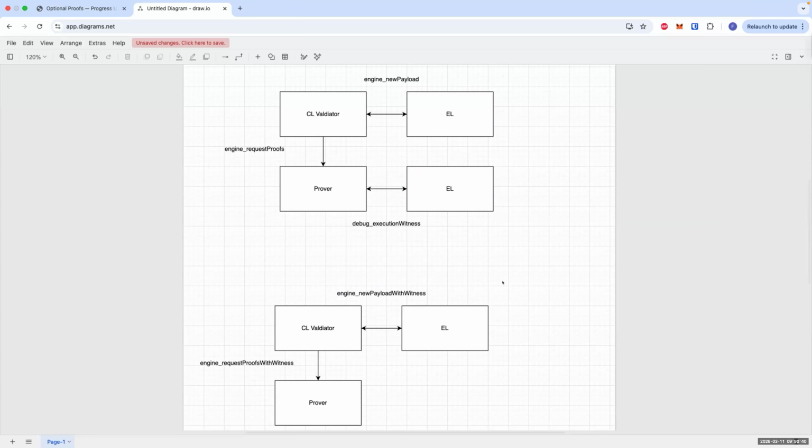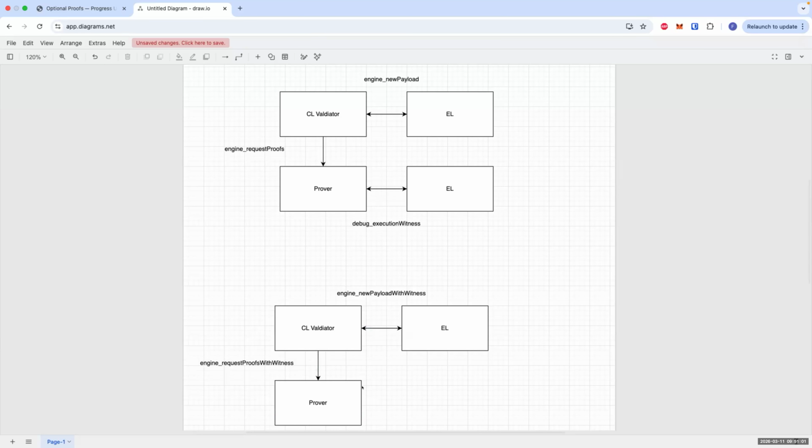And a nice way to address these complexities is to include the witness in the response from the EL. So new payload with witness essentially sends back the witness in addition to the result, and then the witness can be included in the request to the prover.